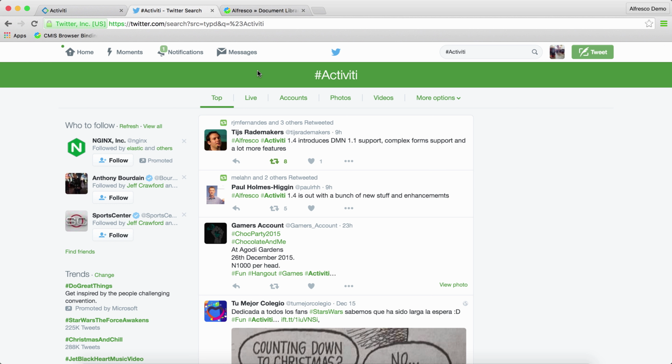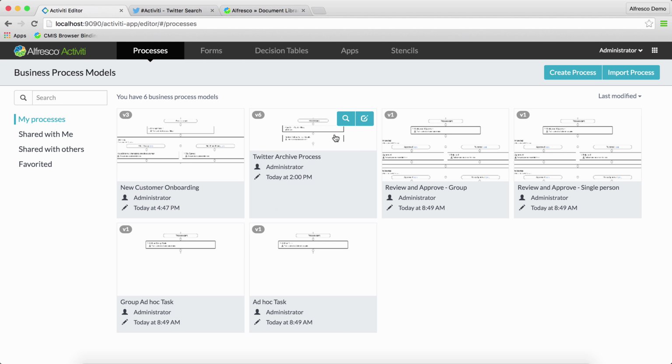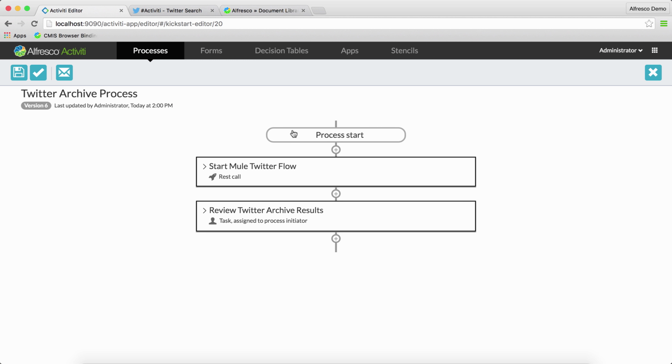So now let's talk about how we can actually get that content into Alfresco. To manage this whole process, we're actually going to leverage the Activiti BPM suite. Activiti is actually going to orchestrate MuleSoft flows, which will do a bulk of the work to pull content, transform it, and then load it to a target. So Activiti's job is actually to kick it off and manage any kind of flow between human actors and system actors alike. So if we jump into Kickstart, we have one particular process called Twitter archive process, and in the